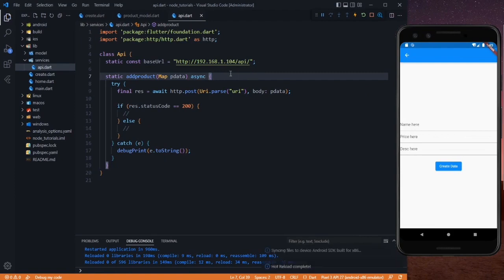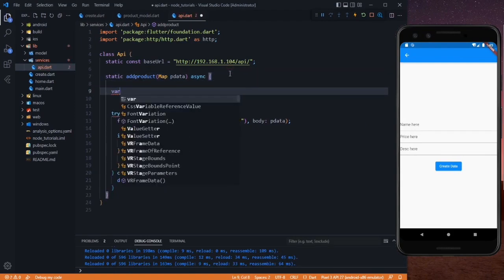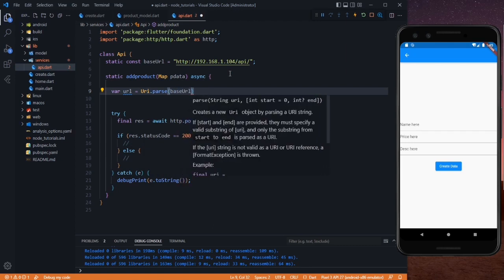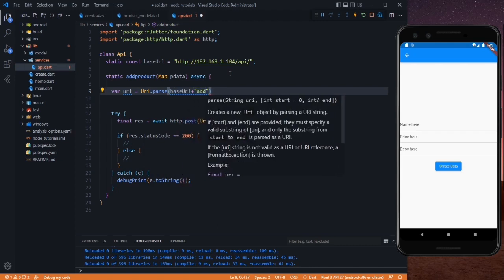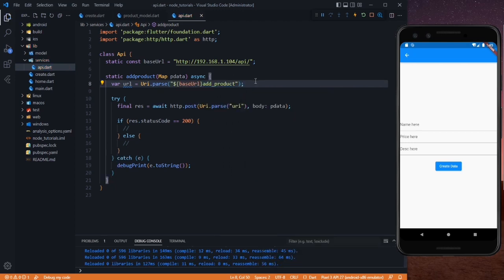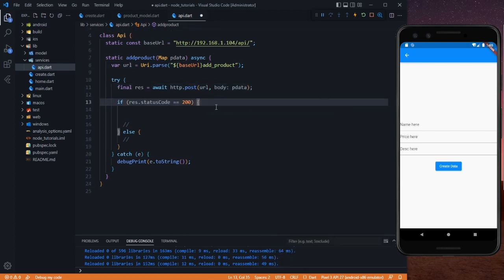So just save it, and after that in the add product method let's use a var, and it will be URL is equal to URI.parse, and in here use your base URL plus string, and now you can say add product and just save it. So this will be your URL, and now you can use this URL as the post URL. Just say URL and save it, and after that we need to check if the response is 200.